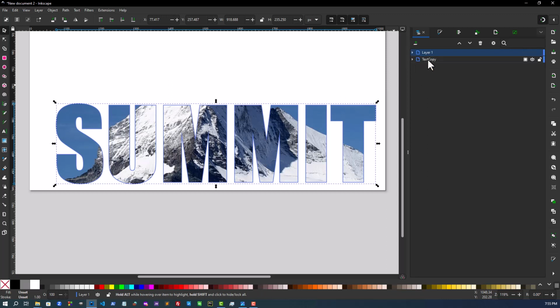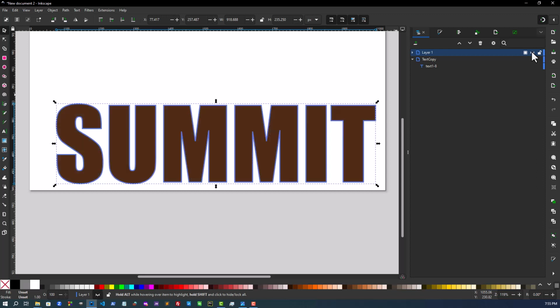You just open up the layer that has that text on it. Now remember, it's the bottom layer, and if we turn off the top layer that has the image inside the text, you'll see this is what's underneath, and this is really what we're working on here. By selecting this layer, we're working on this. We want to adjust this stroke on this